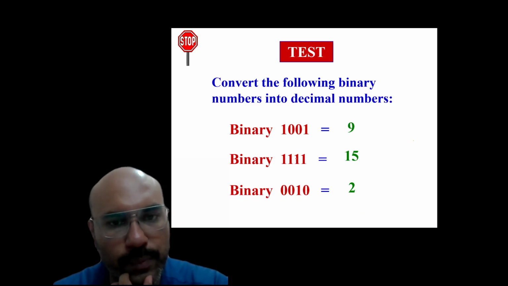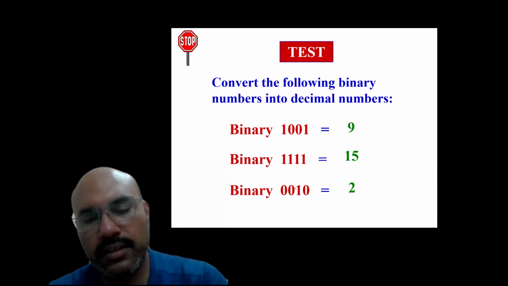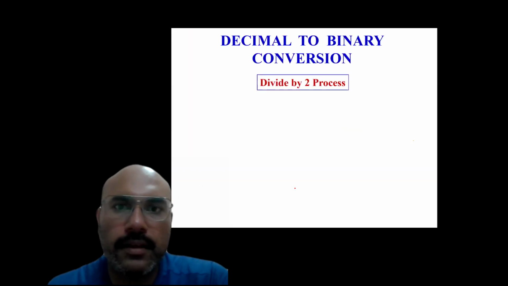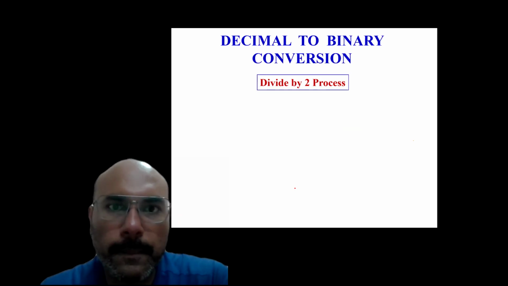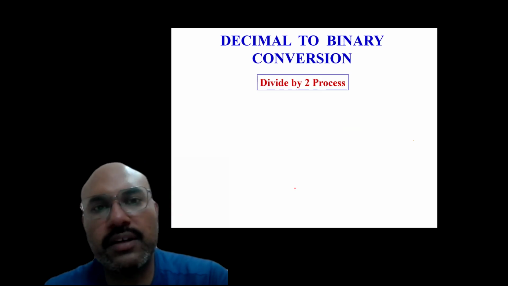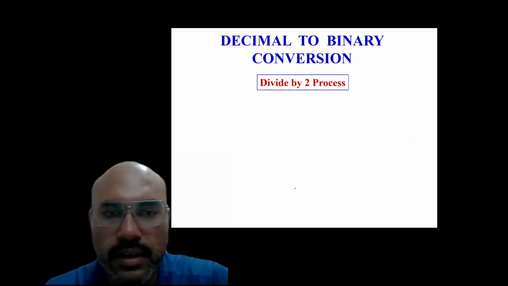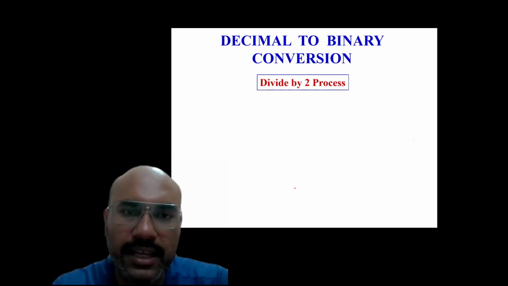This is 8 plus 4 plus 2 plus 1, so it becomes 15. This is at 2's position, so it becomes 2. Right? Now, decimal to binary conversion. How do we convert a decimal number into binary? So what we will do, we will just divide by 2. And if you want to convert any binary number,